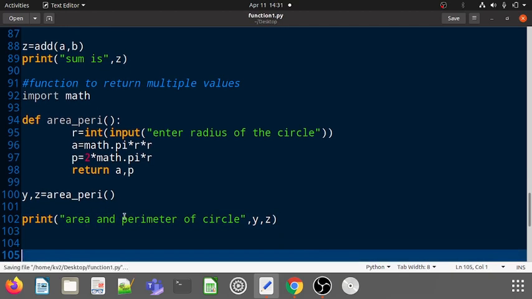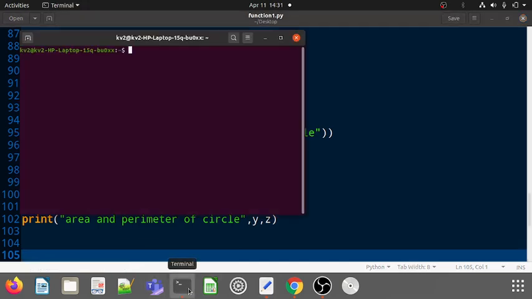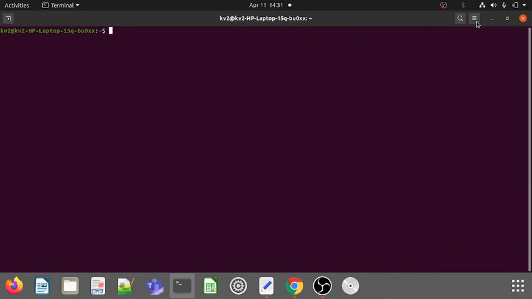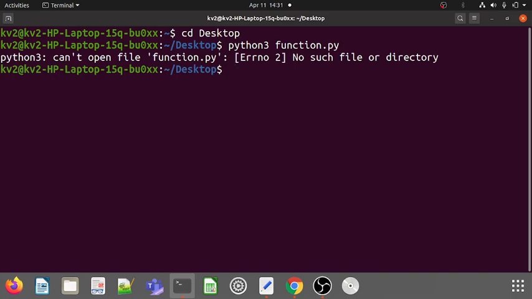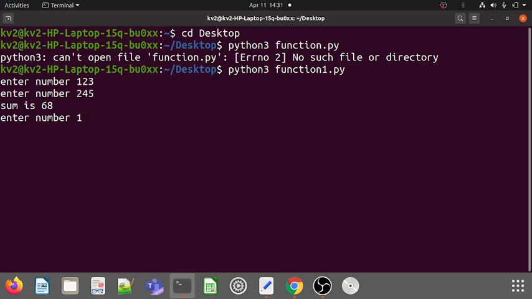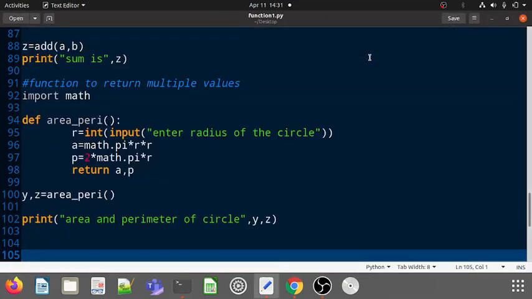Okay, let's execute this whole code. Enter number 1 23, enter number 2 45, sum is 68, enter number 1 78. Actually all the functions are being called.